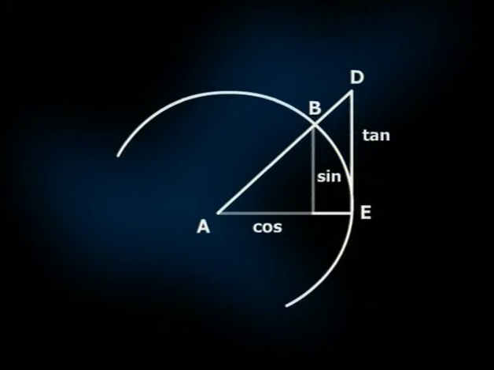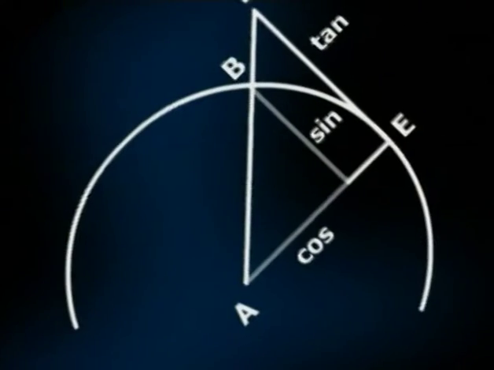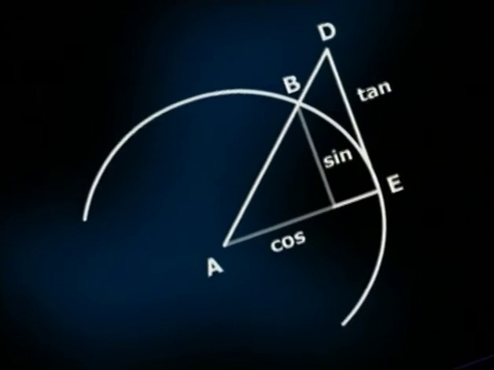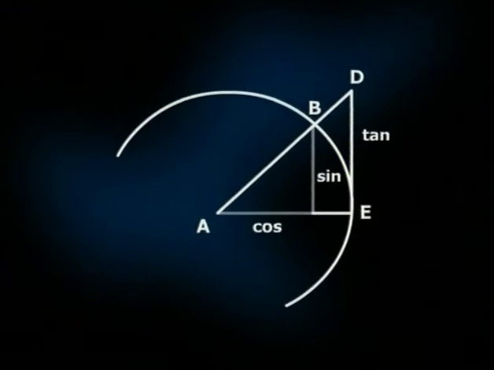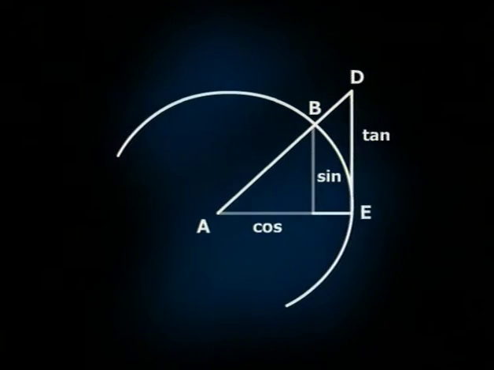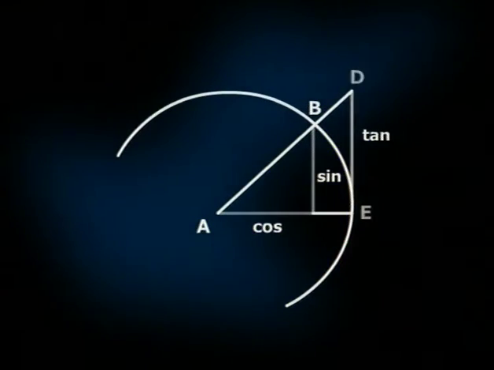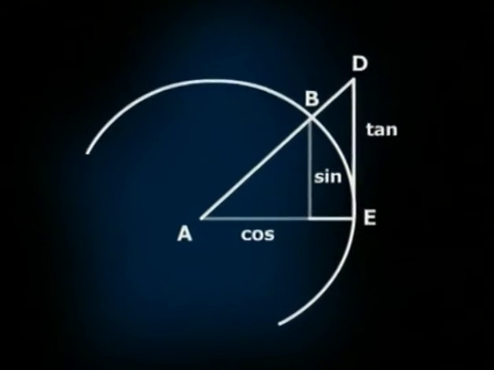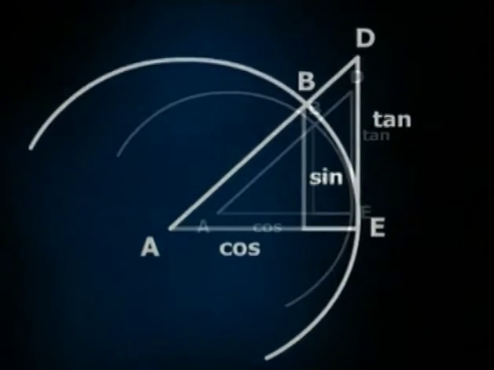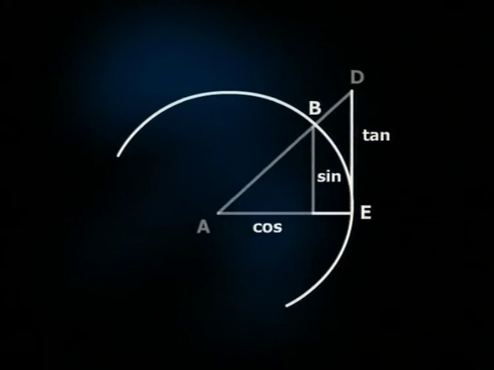Sines and cosines are not the only trigonometric ratios used in trigonometry. Many more have been used through the ages. One of the most important trigonometric ratios is the tangent. Let us consider the unit circle once again. Do you know what a tangent is? A tangent is a line touching a circle at one point. So you can see here in this diagram, ED is such a line. So tangent is the length of the vertical line ED, tangent to the circle from the point E to the point D, where the tangent line cuts the ray AD,